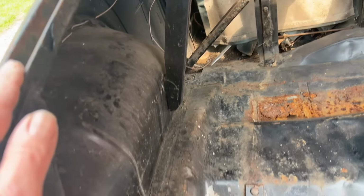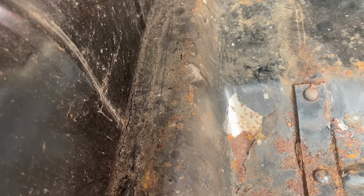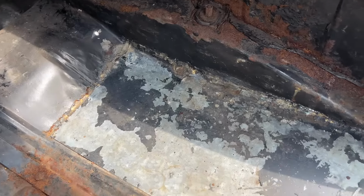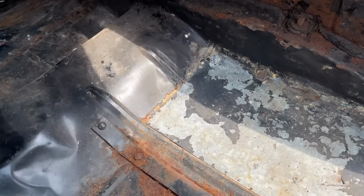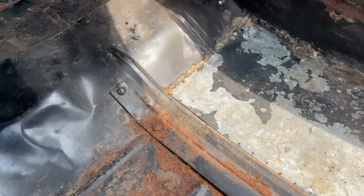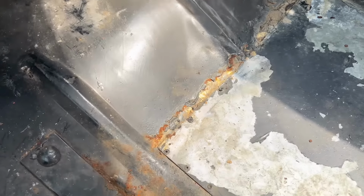There's a few little spots of rust, but I do notice that there's black paint, but there is no primer. So maybe back then they didn't have primer. Bare metal under the paint. And this section here has been replaced with galvanized sheet metal, which is something I've done many times in the past. It's got some rivets and it's also got some brazing, but